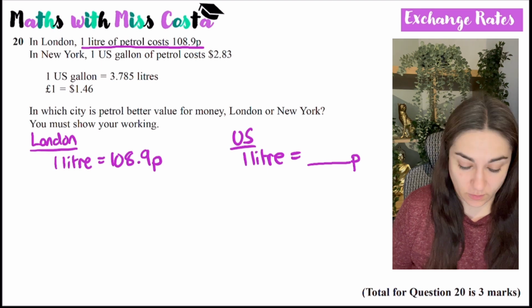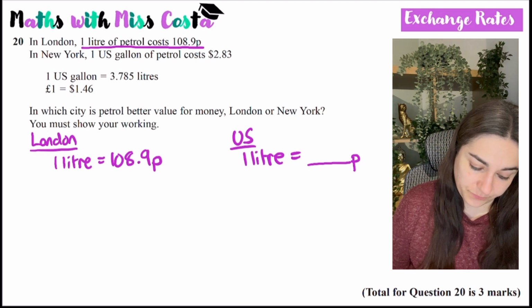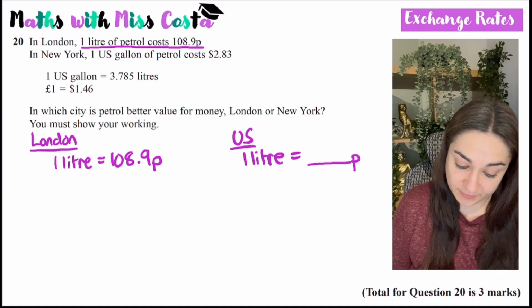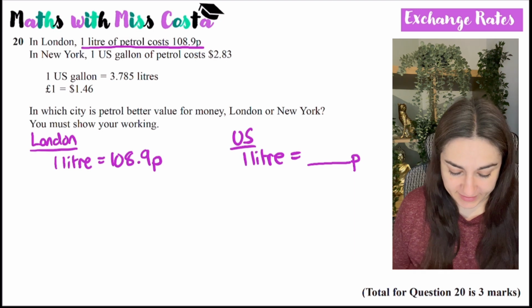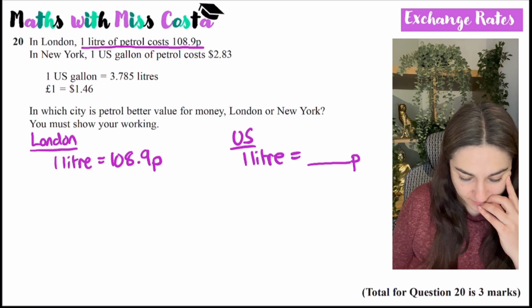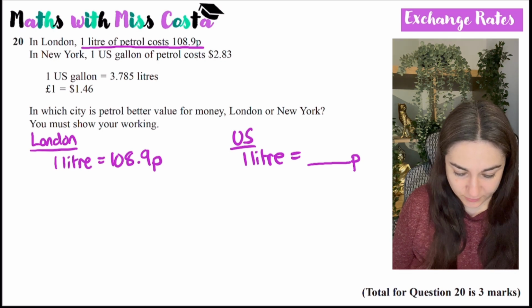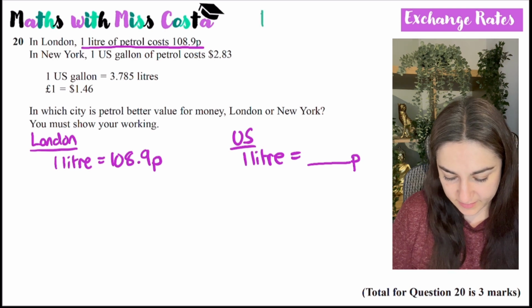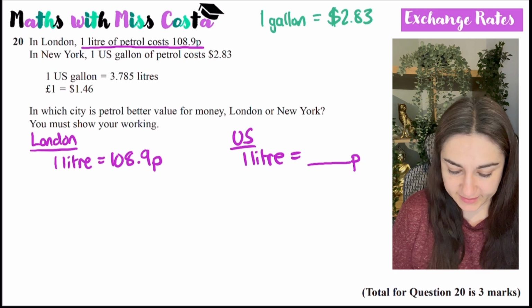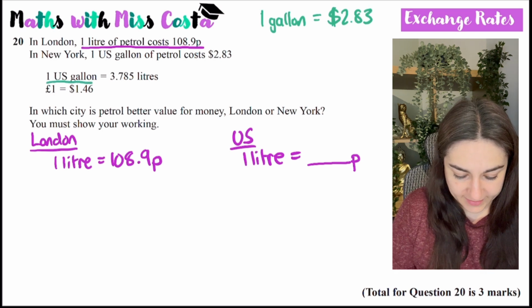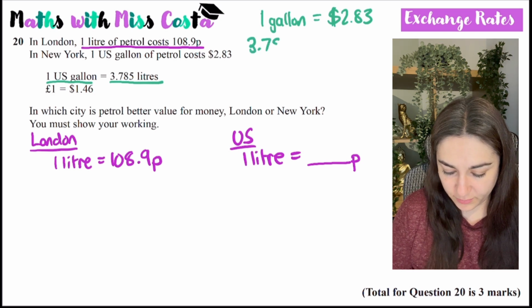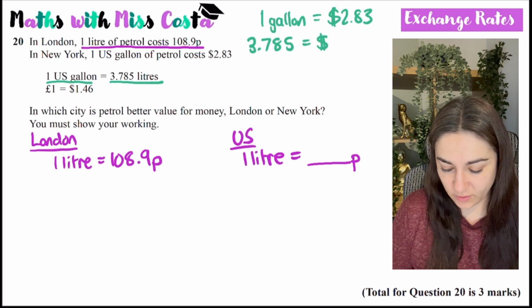That's my end goal. I could also have done in the US 1 gallon is $2.83 and therefore worked out what London pricing for that would be, but I'm going to just go with London's pricing because I'm in London. Okay, so where can we start? First of all, I know that 1 US gallon costs $2.83. And I know that 1 gallon is equal to 3.785 litres. So therefore, I know that 3.785 litres costs